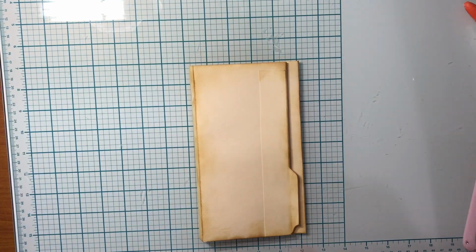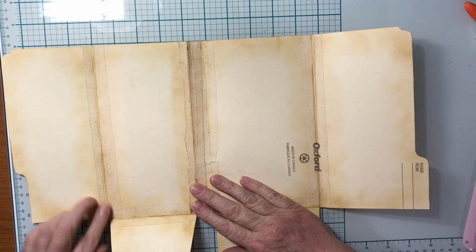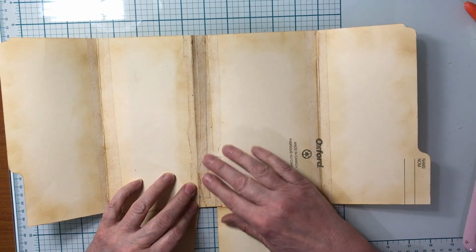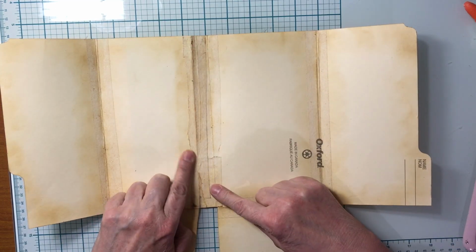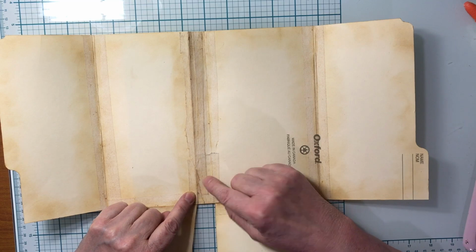Okay, so I took time to put tape on all of my joints, all of my spines and joints. This one I just had enough with those two little rolls to fill this up, so it's a little bit wonky, but once I get the papers and stuff there, and this particular spine on the inside here,